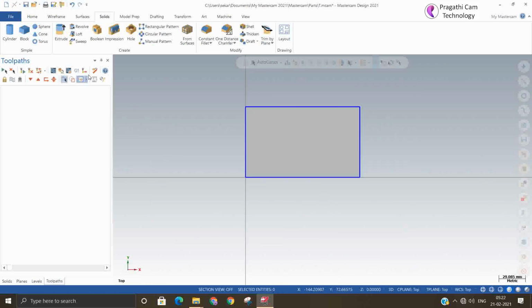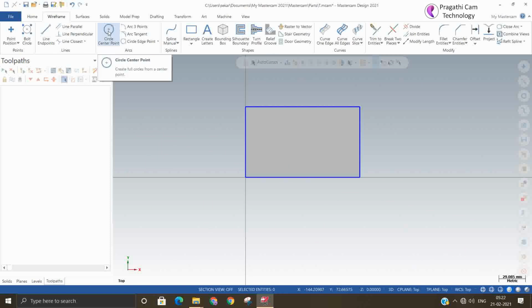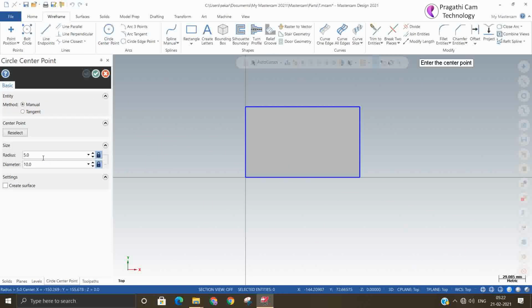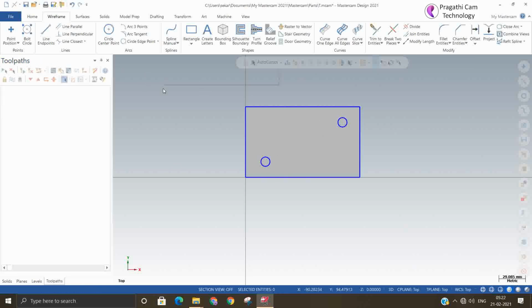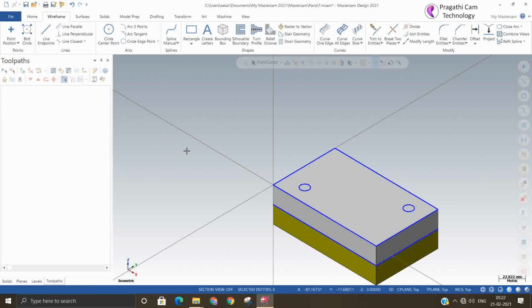So I am going to make two drills. Okay, there are two holes I have approximately drawn. Now aluminum properties are different and brass properties are different.